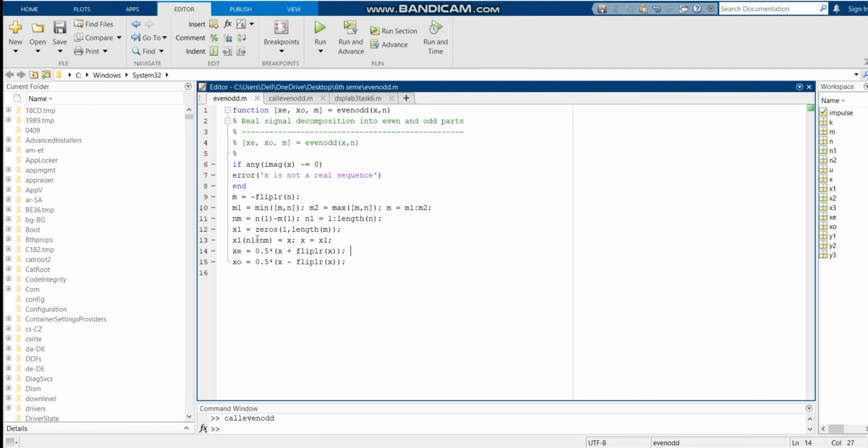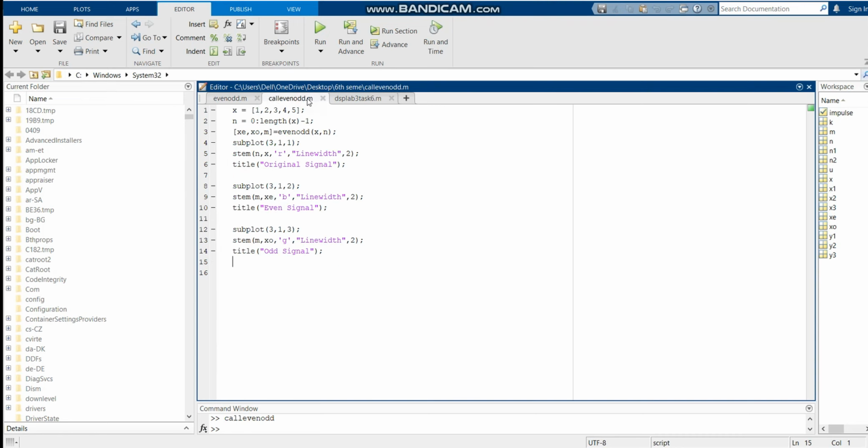The aligned signal x is used to calculate the even part xe and odd part xo of the original signal. The even part of the signal is computed as the average of the aligned signal x and its time reversed version. The odd part of the signal is computed as half the difference between the aligned signal and its time reversed version. Now, in the calling section,